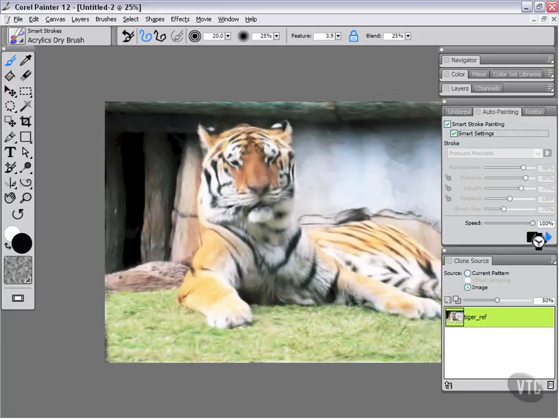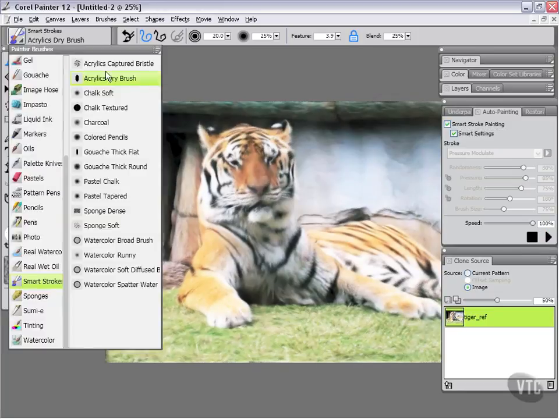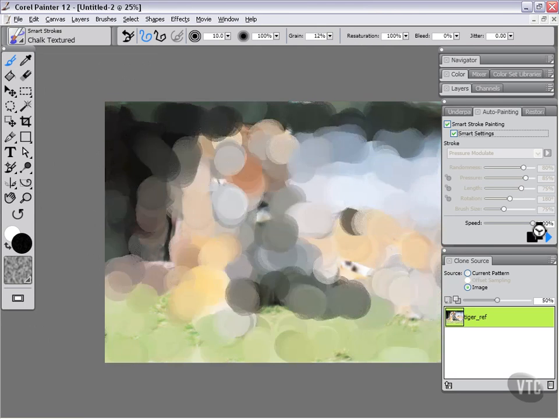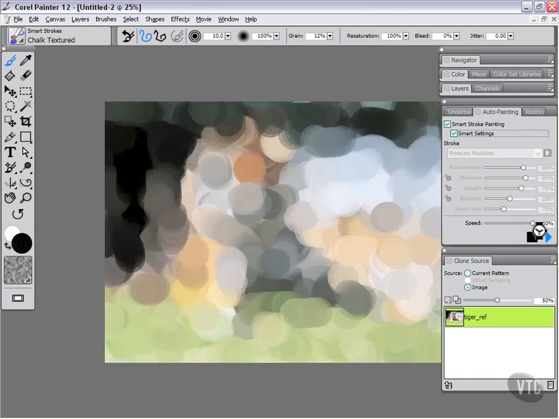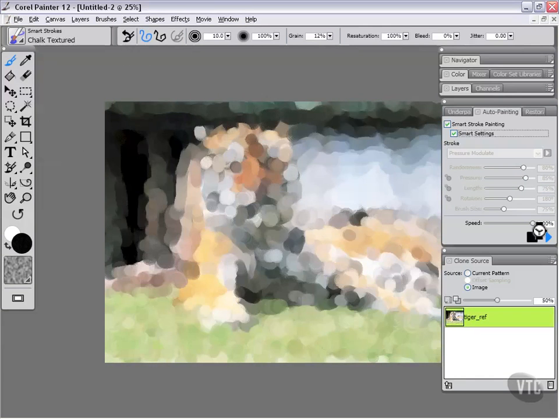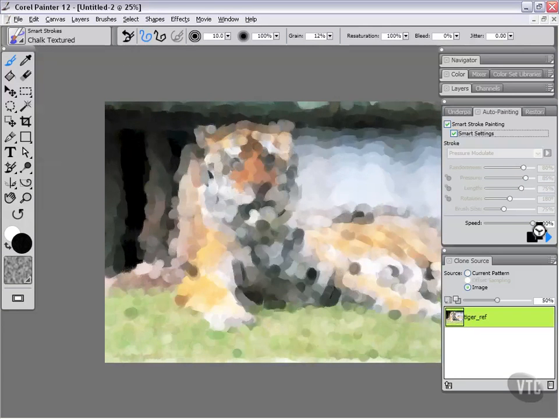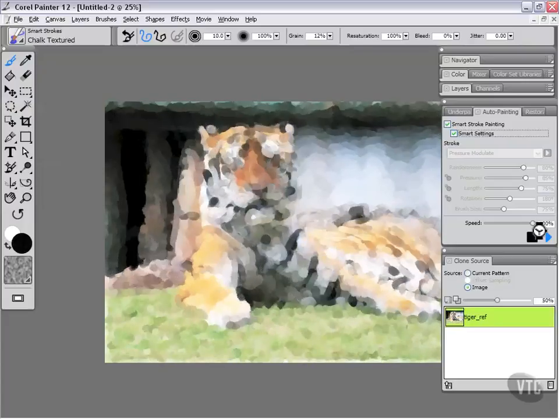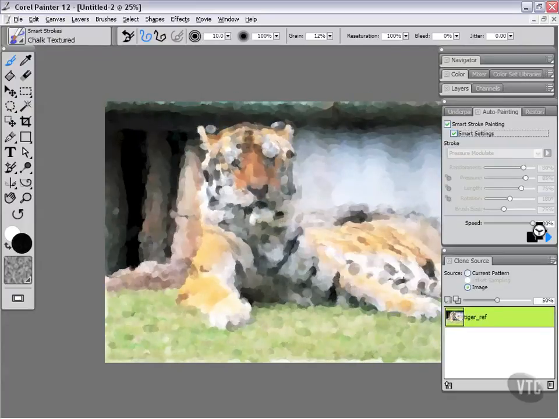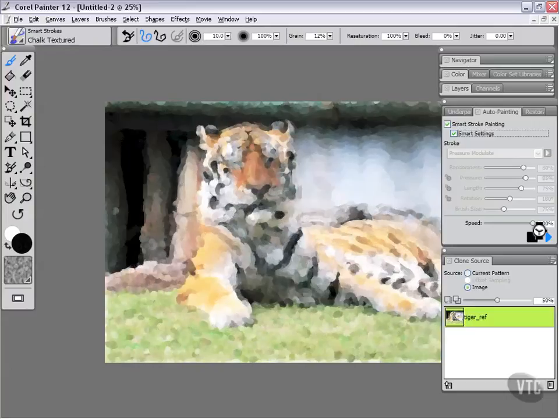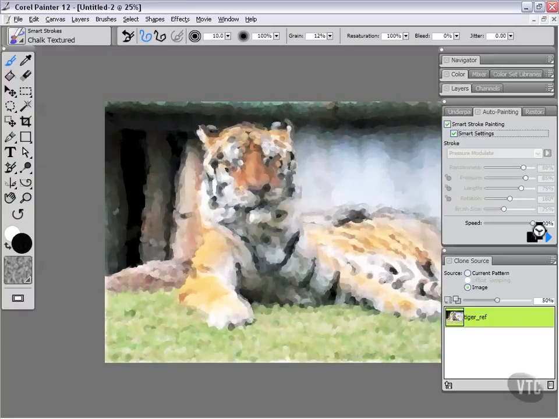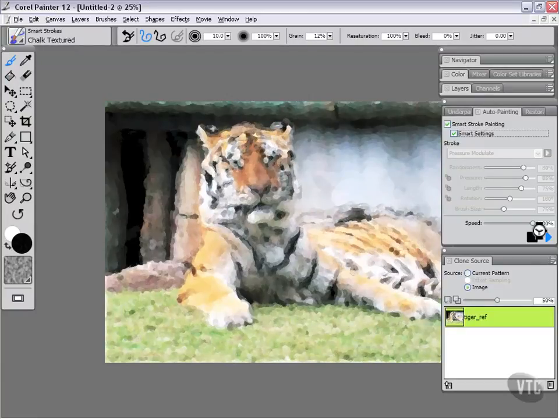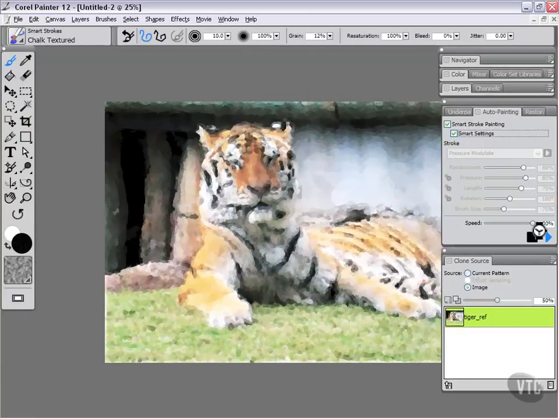And if we hit stop on that one, and we come over here and choose something like our chalk textured, and hit play, you'll see that we end up with, again, a completely different set of results. So as you see, it's getting smaller and smaller and more detailed as you allow it to keep playing. So the real trick with this is to let it keep playing until you feel like you've got a result that you feel good with. Now, you can try all of these different smart stroke brushes. I highly recommend that you do because they can be really, really useful brushes